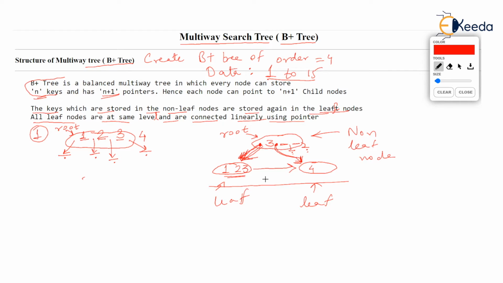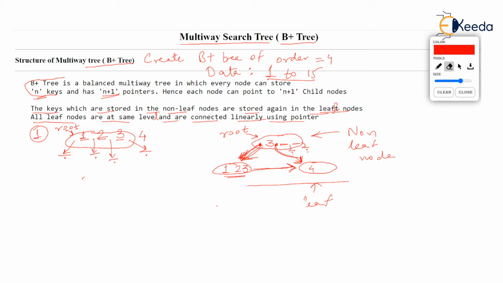So come again, repeat it. If it was a B tree, then you will simply split the root node. 3 will propagate up, it will become the new root, and the left split will contain 1, 2. That's all, 1, 2. And the right node will contain 4. That's it. 3 won't be duplicated. Then it is a B tree. And also, leaf nodes will not be connected. But if it is a B plus tree, the non-leaf key should be stored again in a leaf node. We have done that. 3 is stored again in one of the leaf nodes, and the leaf nodes are connected using an additional pointer. Okay. Now let's insert other keys.